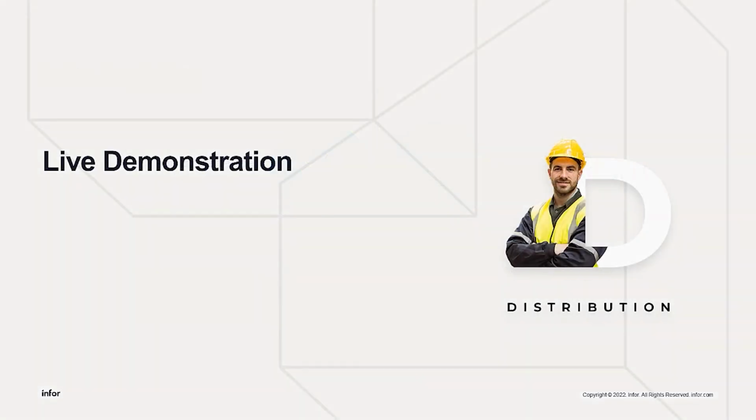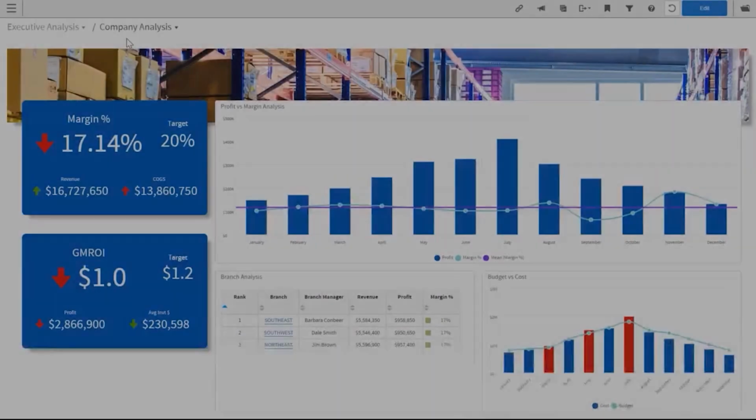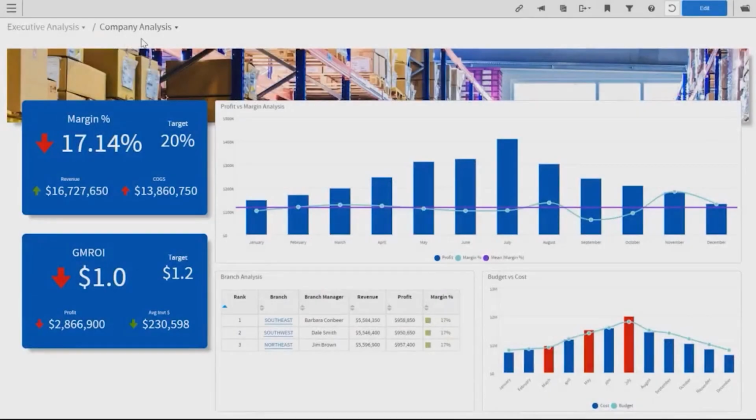So to kick the demonstration off, I always like to start by walking through a very simple scenario just to show you some of the end user capabilities that Infor Analytics provides out of the box that really help drive efficient decision-making for the future. So I've just logged into my version of Infor Analytics, and as I do so, I'm presented with what we call a dashboard. So maybe in this case, I'm looking at my company analysis, so I could be an executive